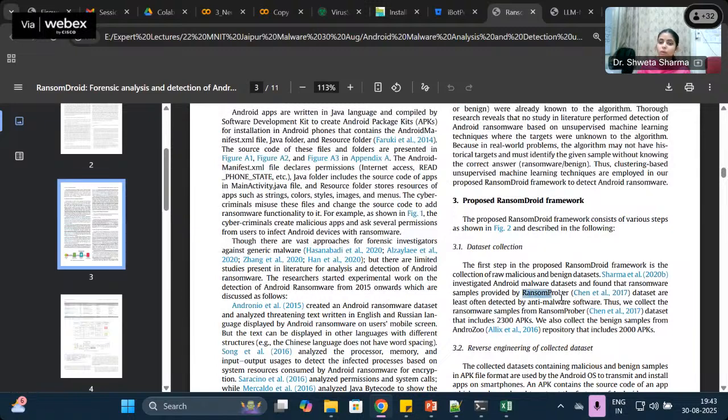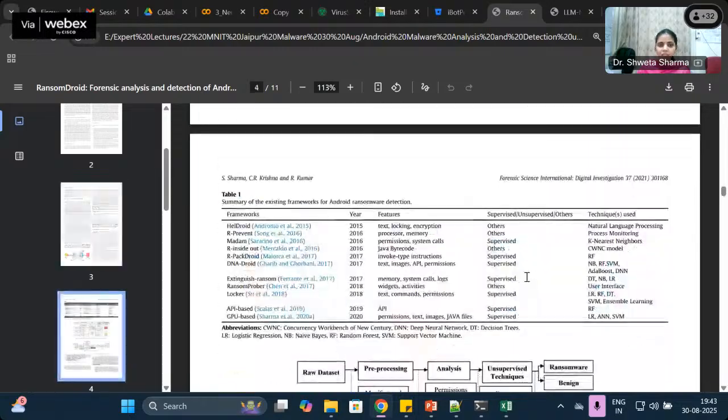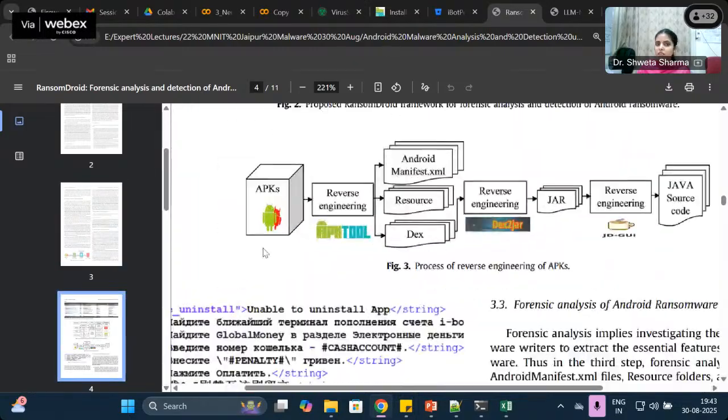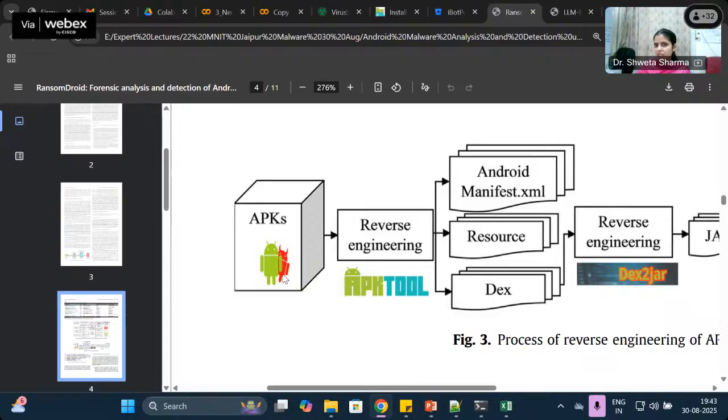They created their own Android ransomware, that is .apk files, a raw data set. I requested them and they provided the same data set to me via email. I again repeat, the raw data set. Then I took those data sets, and the benign ones I got from the Play Store. Then I performed reverse engineering using APKTool, and from reverse engineering I got these: the manifest.xml file, the resource folder